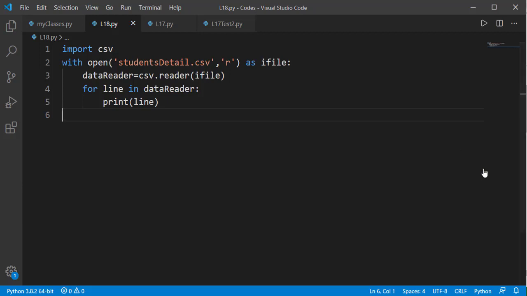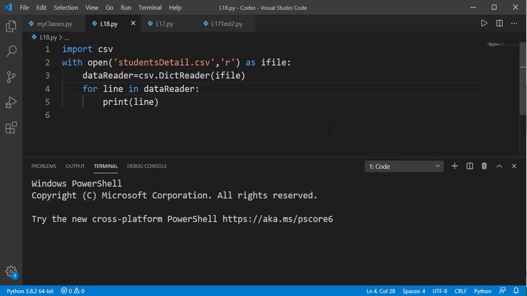Instead of the reader object, we can use the DictReader object, and that will return a dictionary instead of the list. It will consider the first row of the file as keys for the dictionary and will start reading the file from the second line, making it the values of the dictionary, and then for each line after that.